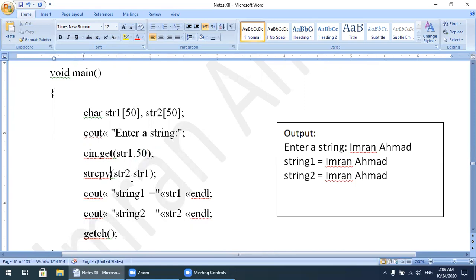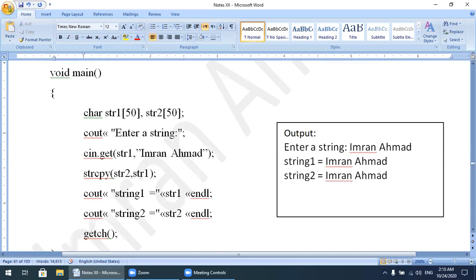Then strcpy(str2, str1). So I will write any name, Imran. A string is enclosed within double inverted commas.